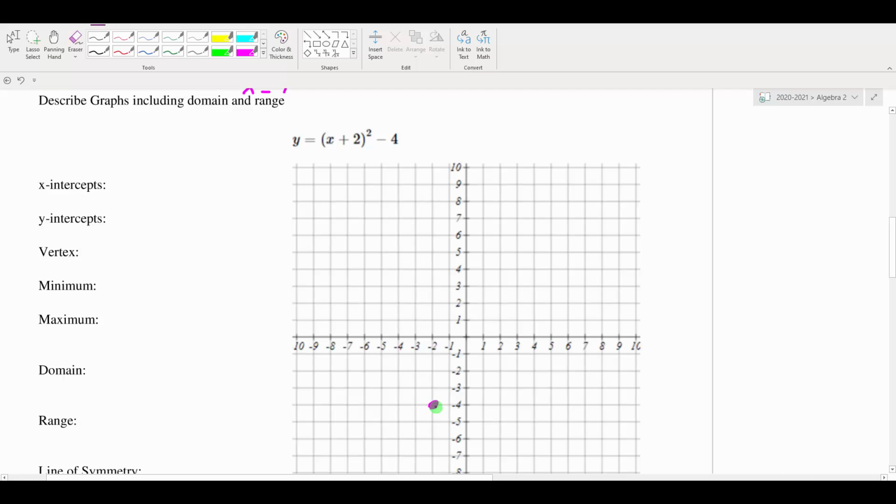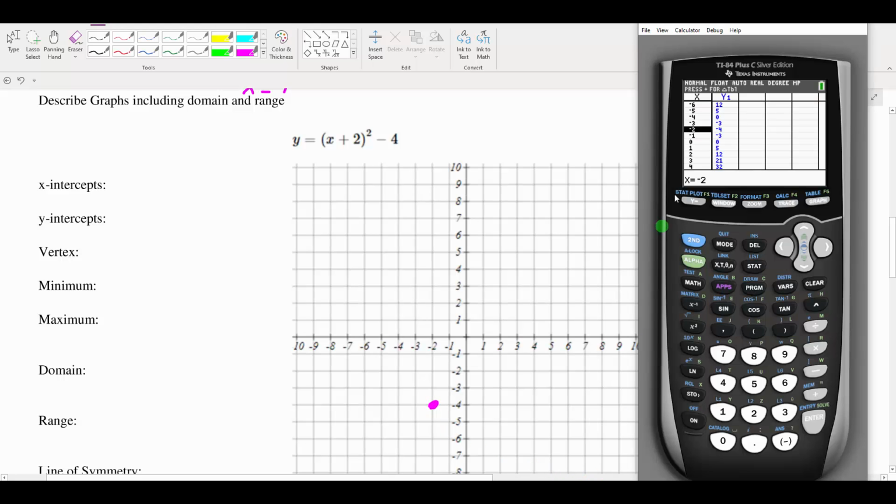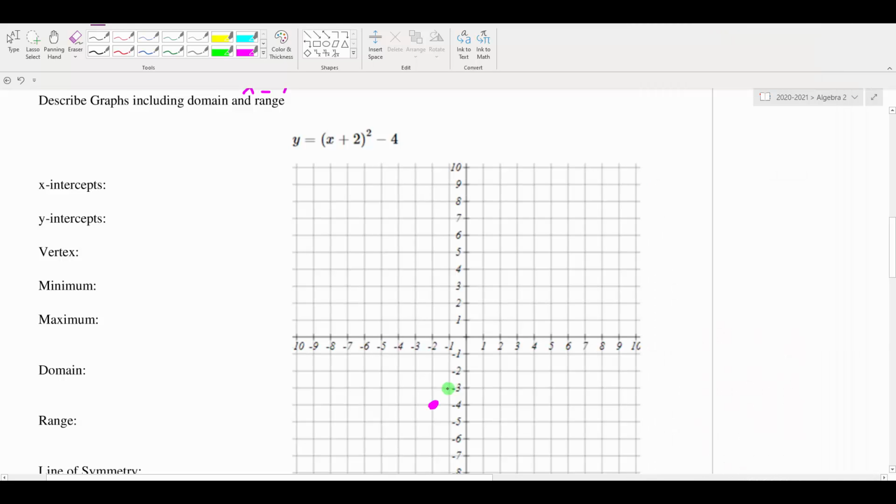Okay, so I'm going to go ahead and plot the vertex. And then on MyOpenMath, they're going to want one other point, and you can pick any other point from this table here. So you could pick -1, -3 if you wanted to. You could pick -3, -3 if you wanted to, and either one of those points will do. But once you plot the vertex and one other point, MyOpenMath is going to shape the parabola for you the